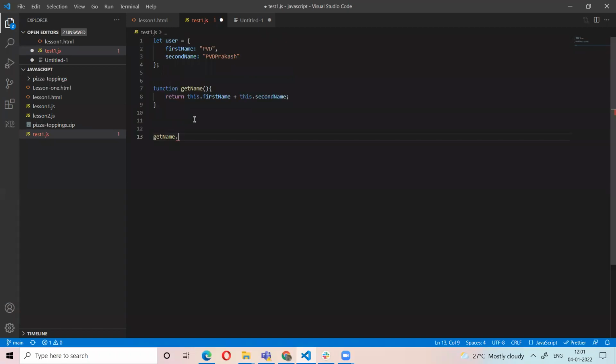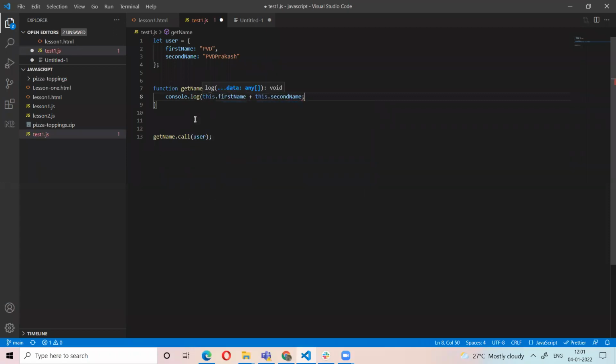I want to call this function on an object. For that, I will use the call method. Now I want to call the getName function for the user object.